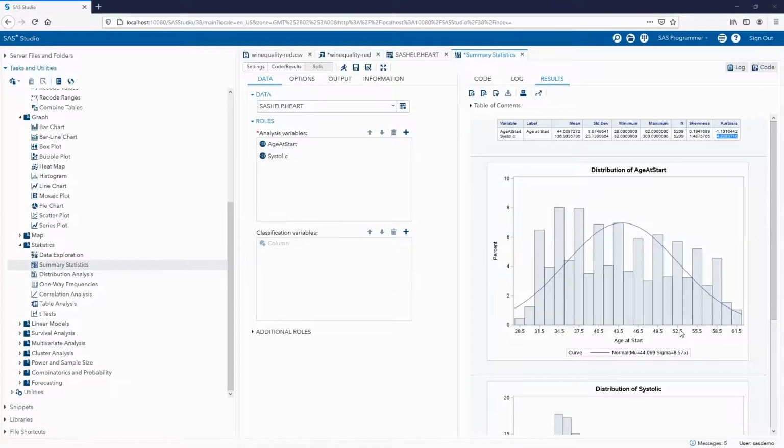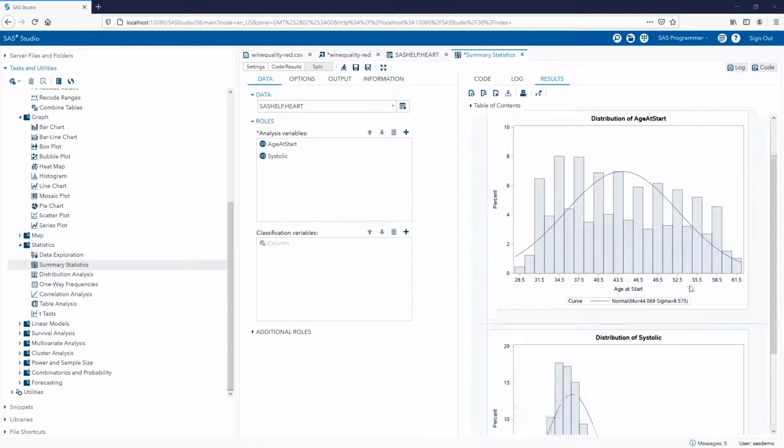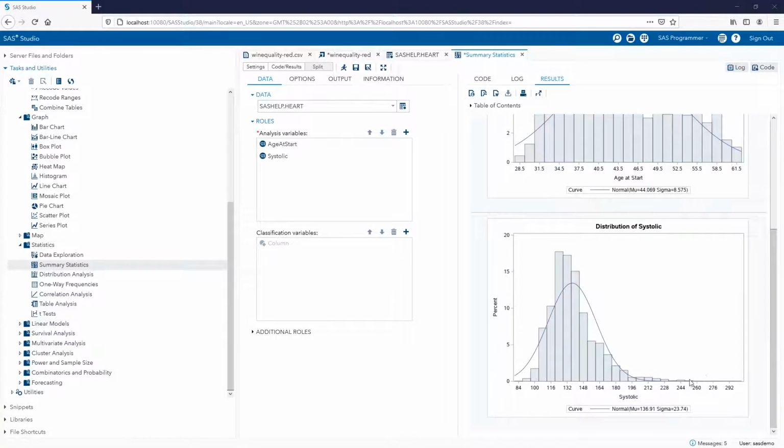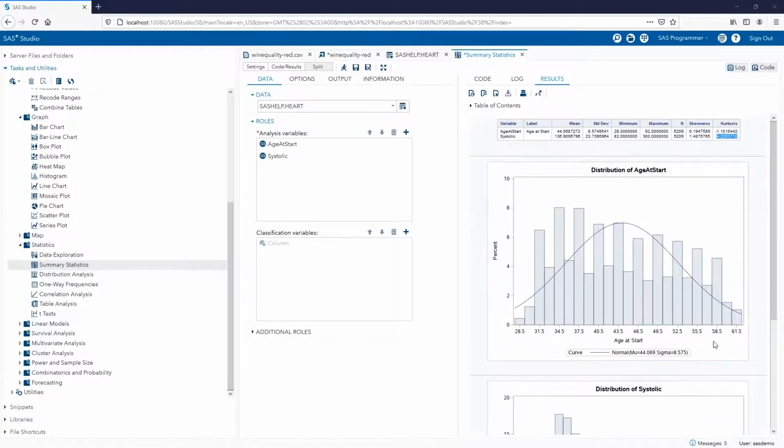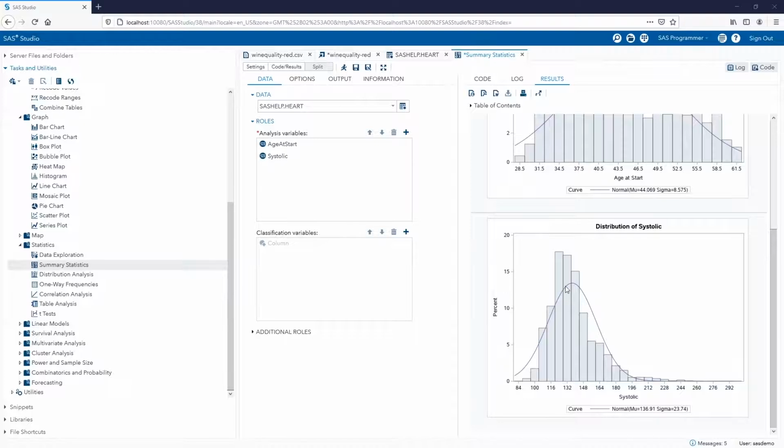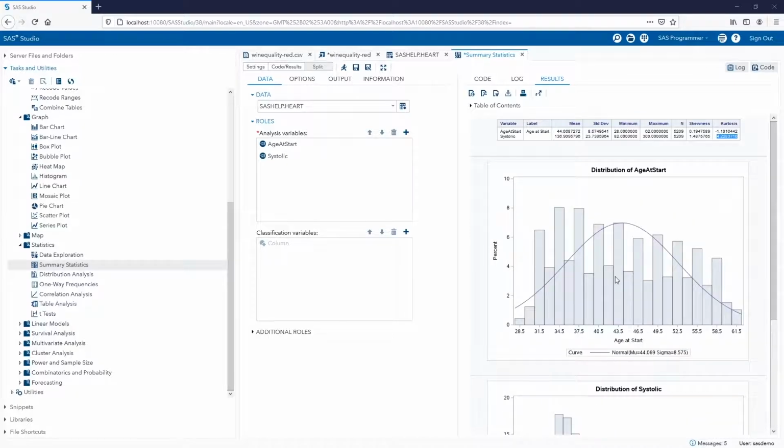And in contrast, if the kurtosis is positive, we expect that the outliers will be further removed from the center of the data. This is indeed the case when we investigate the histogram or the plot of the systolic variable. There are more observations that are further removed in distance from the center of the distribution in comparison to the age at start variable, where there are fewer observations that are further removed from the center of the distribution.